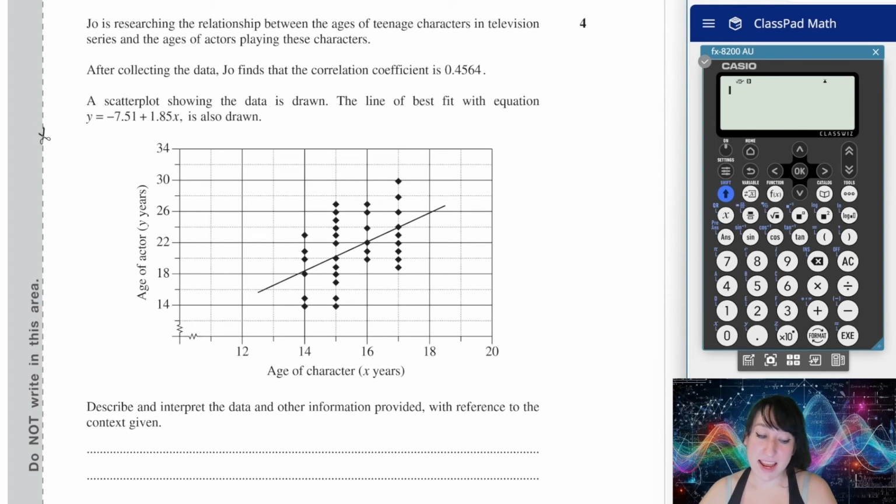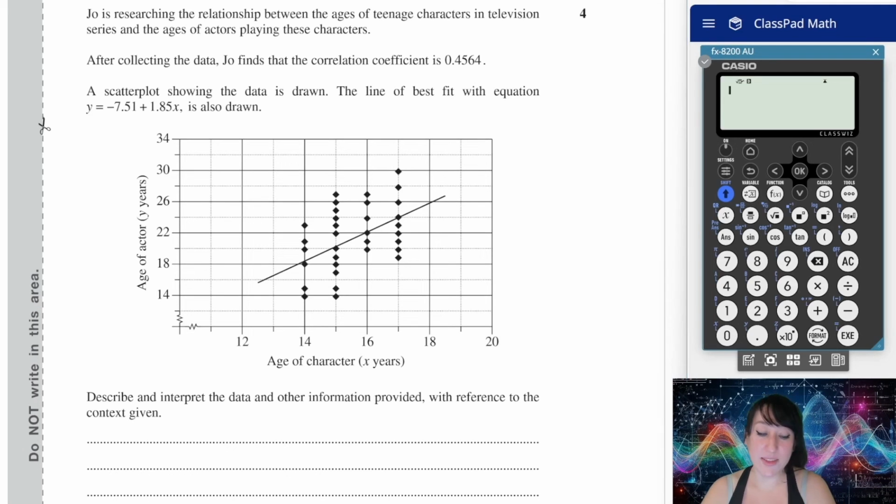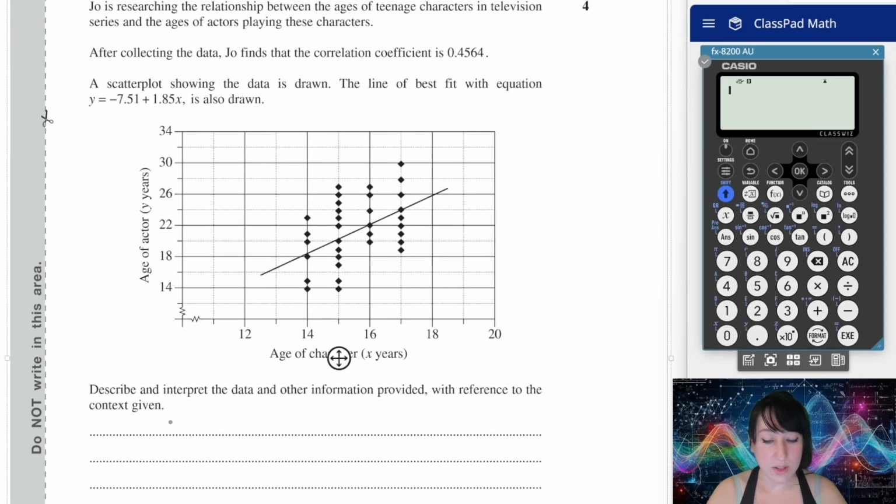All right, so this is a describe and interpret question. It's 4 marks, which means we need to point out 4 key features about this data set. So we could start with the correlation coefficient, 0.4564. It's not very strong. It's positive. So we could say something like there is a weak positive correlation